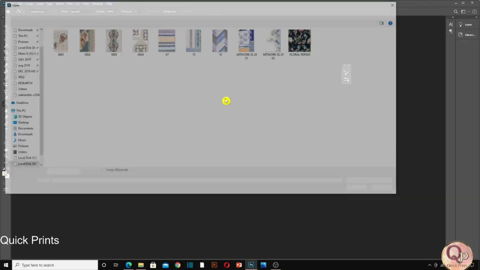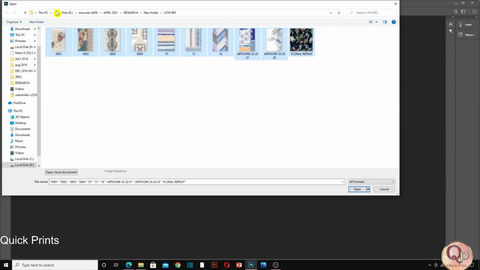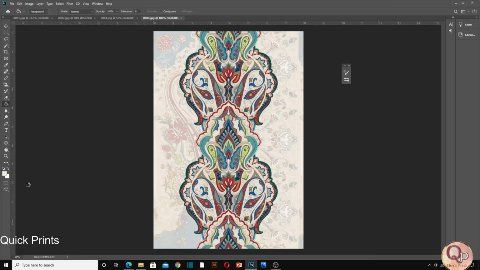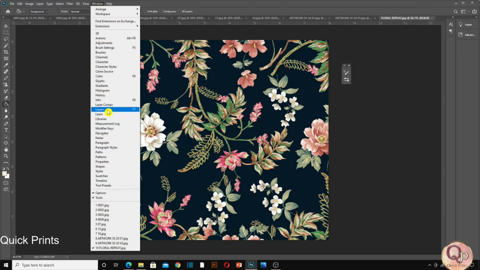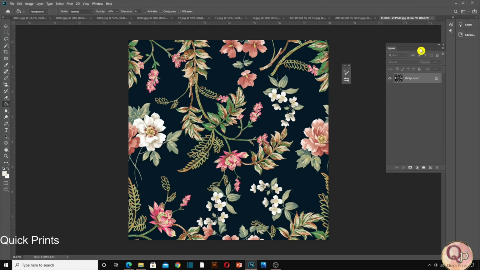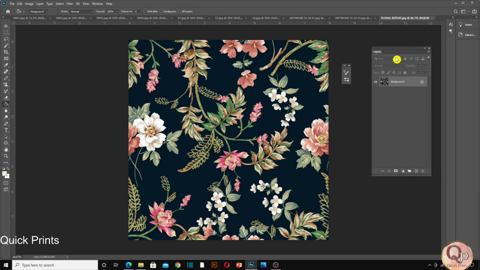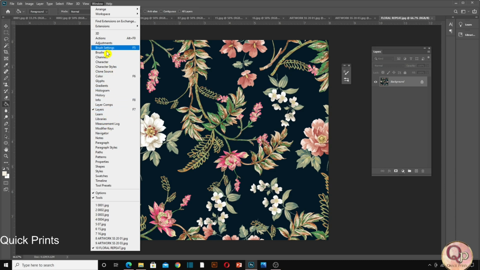So now I'm opening these files to show you another use of action. I'm just using JPEGs, so that would be time saving for us as well. Let me see the open layers. These are flat files because we saved them with the flat action. Now I'm guiding you about another action. Just suppose we need to rotate all these files in the same direction. How can we do that?